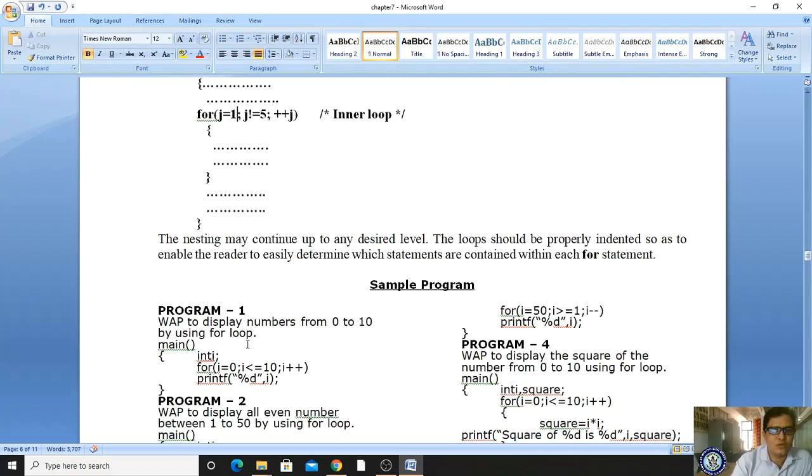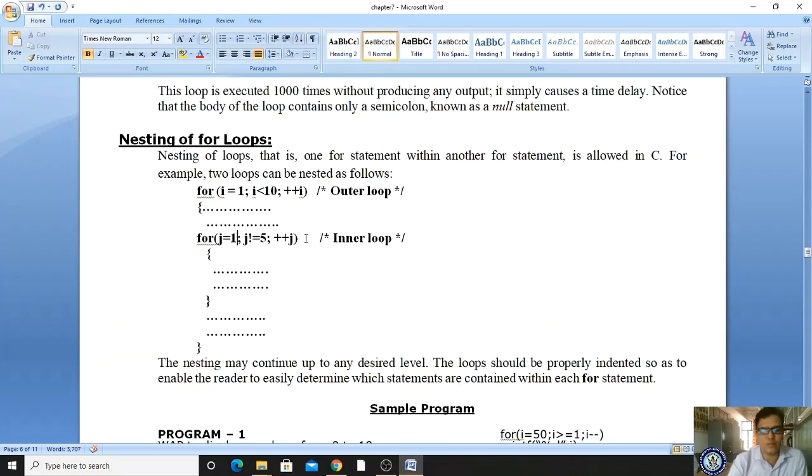Let me see some sample programs related to nesting of for loops. Nesting of for loops is used to represent data in the form of rows and columns. So to represent data in rows and columns, we have to use nested for loops. Always the outer loop is for the rows and the inner for loop is for the columns.